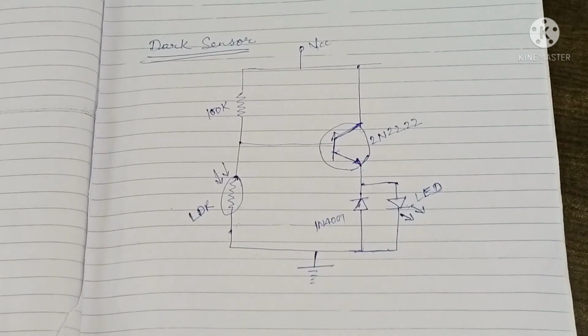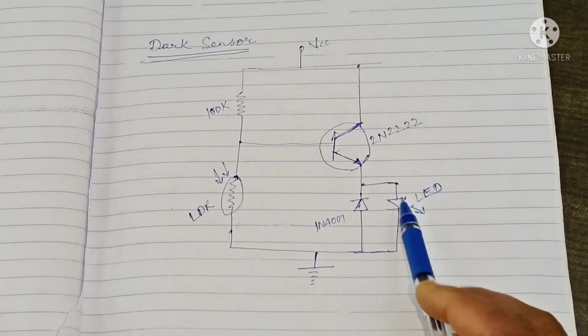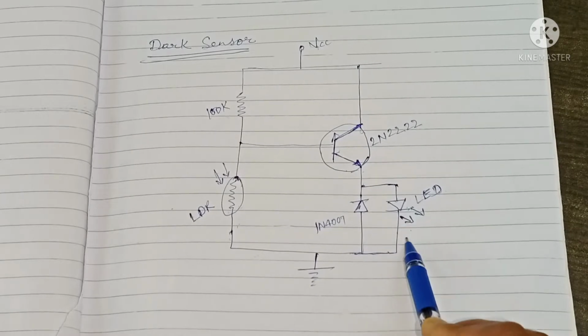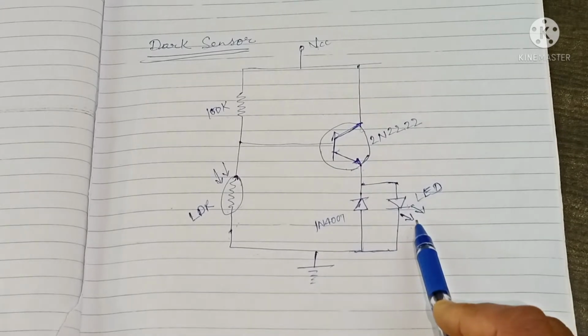In the same way, we can apply the same principle for turning on and off a motor, or any other devices according to the requirement. For example, here I am using an LED, so whatever current flows through this LED,